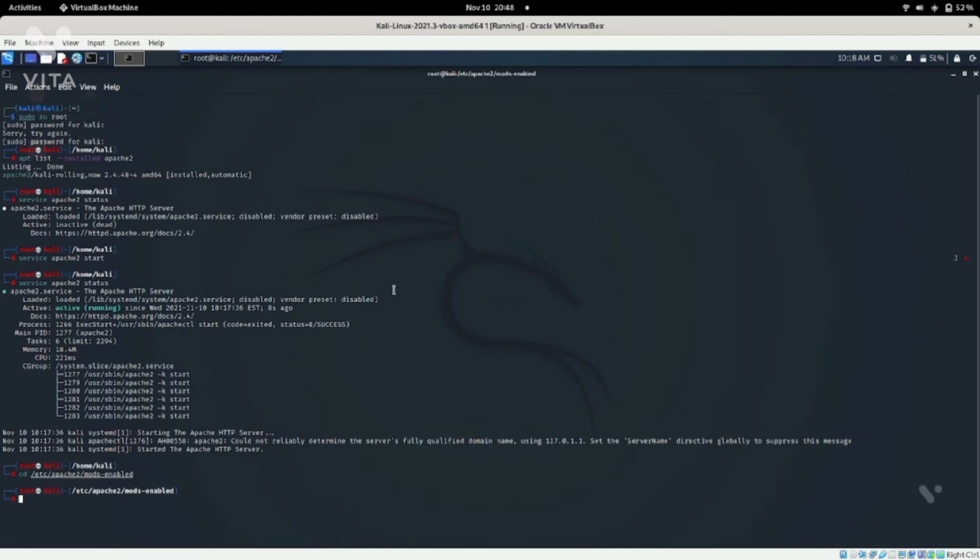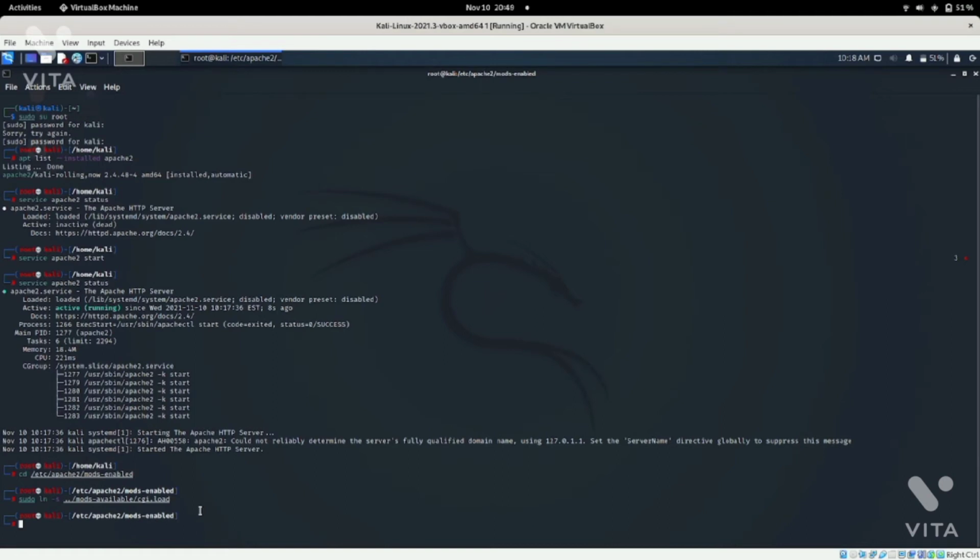In this folder you have to run sudo ln -s ../mods-available/cgi.load. We are only loading the CGI. As you hit enter, it gets loaded.